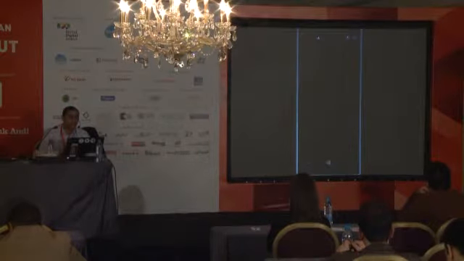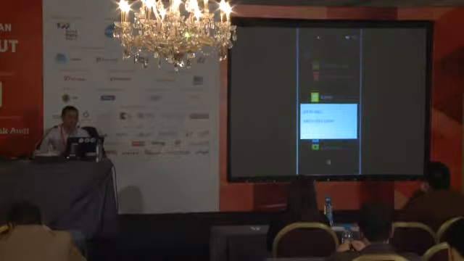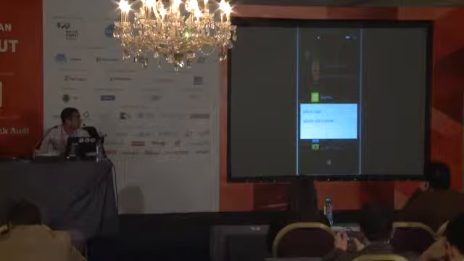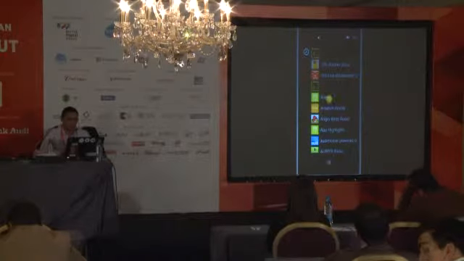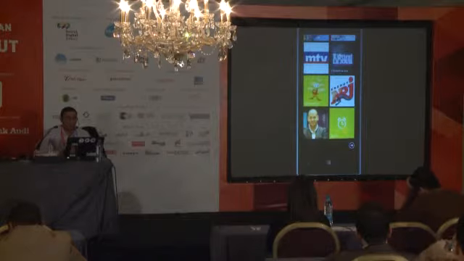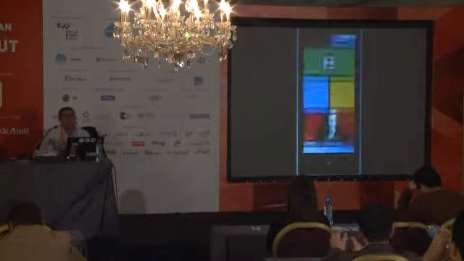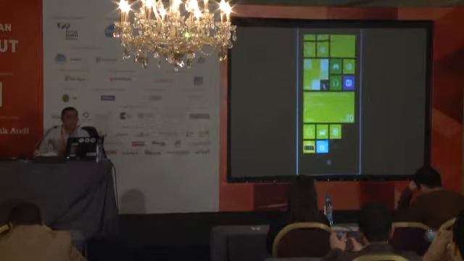So for example, I need to pin this to the start. I hold, I click on the application and press pin to start. Maybe I just add it to the kids corner. It's okay. So pin to start. Now it's added. I can just minimize, maximize, change the sizes. This is the application tile. Okay. So we've got also something called